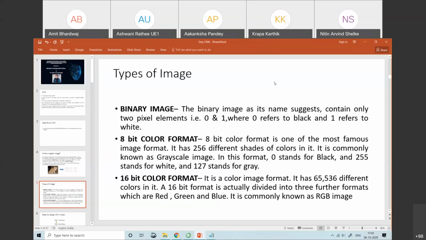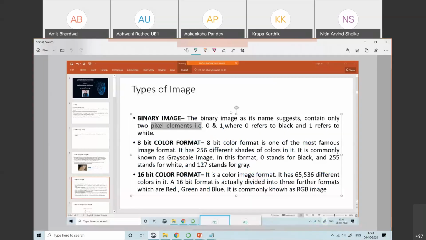Binary image means, as the name suggests, it only contains 2 pixel values, 0 and 1. 0 refers to black and 1 refers to white. Then the 8-bit color format. The 8-bit format is one of the famous image formats, which contains 256 different shades. How do we get 256? Because every pixel is represented by 8 bits.